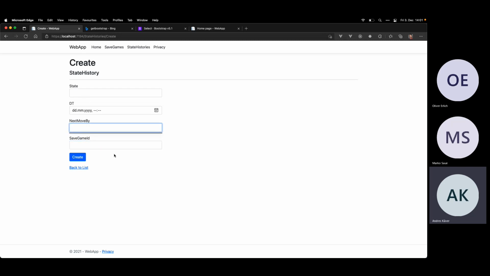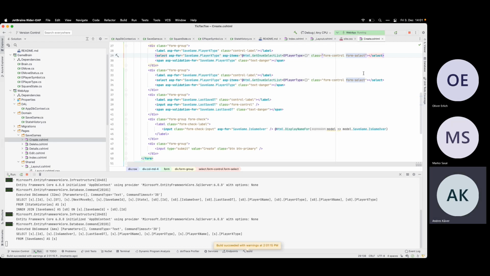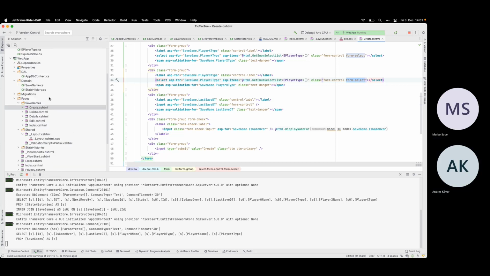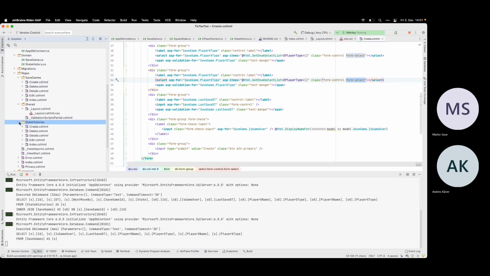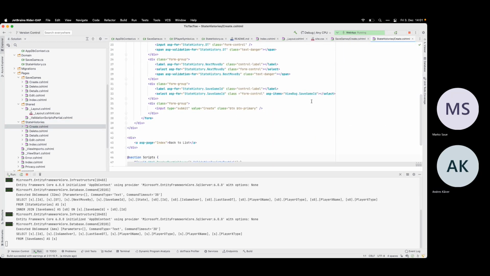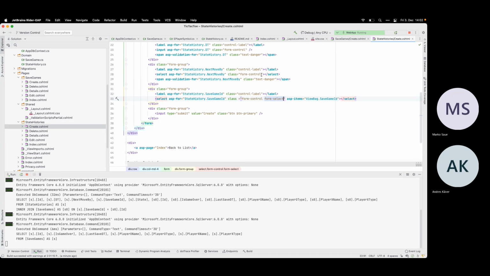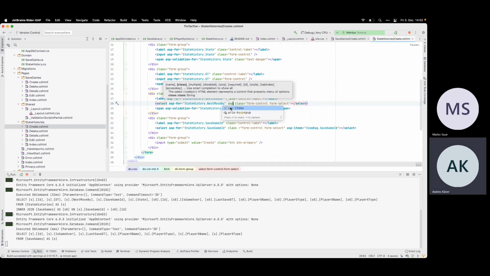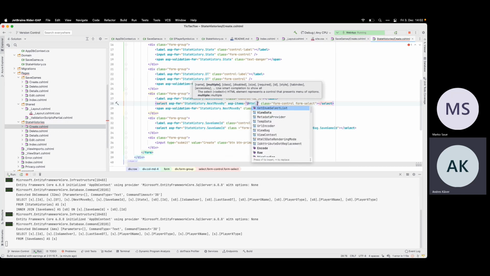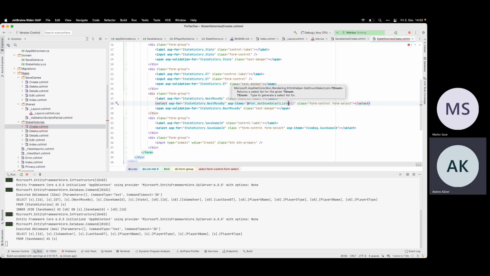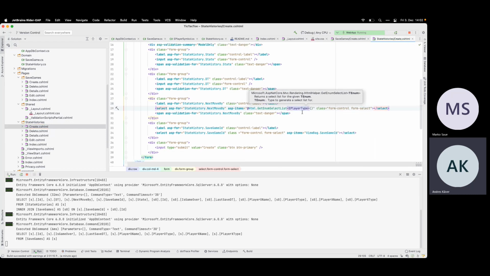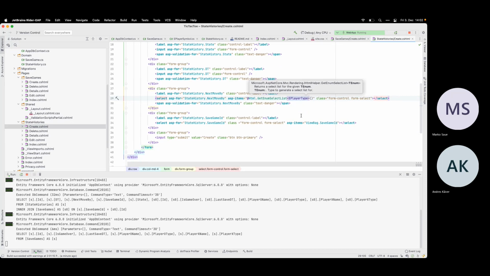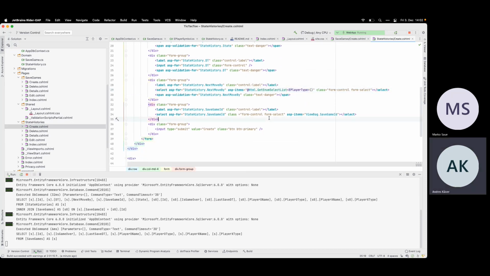Those should be drop downs at least. So this one has the ePlayer type. Oh, it should be okay.